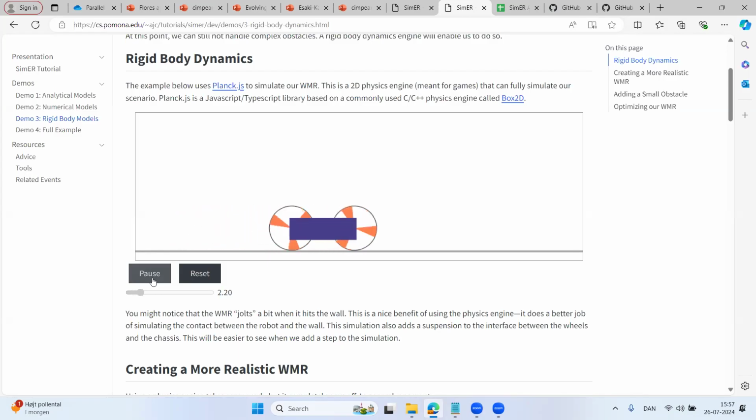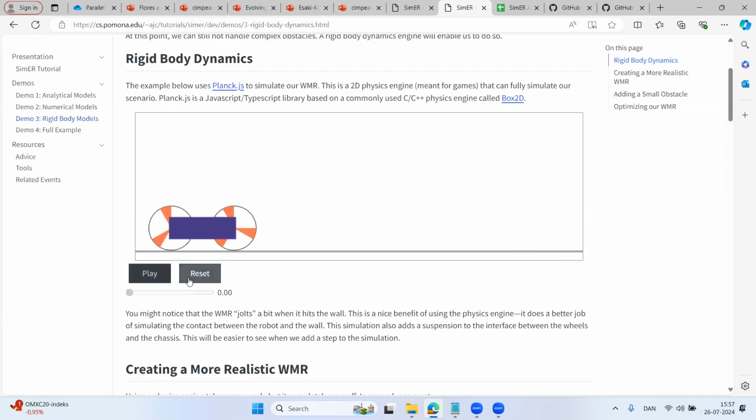Okay, so here's the same animation that we saw before, but you'll notice a couple of differences. One is when it gets to the end, it kind of bops up a little bit because it actually has a real collision with the wall. I'm not just telling it, hey, there's a wall there, you can't move anymore. And then at the beginning, there's also a nice friction model between the ground and the wheels themselves. So you'll see it actually spin out a little bit, and it'll take a little bit of time to get up to full speed. I'll play that again at the beginning.